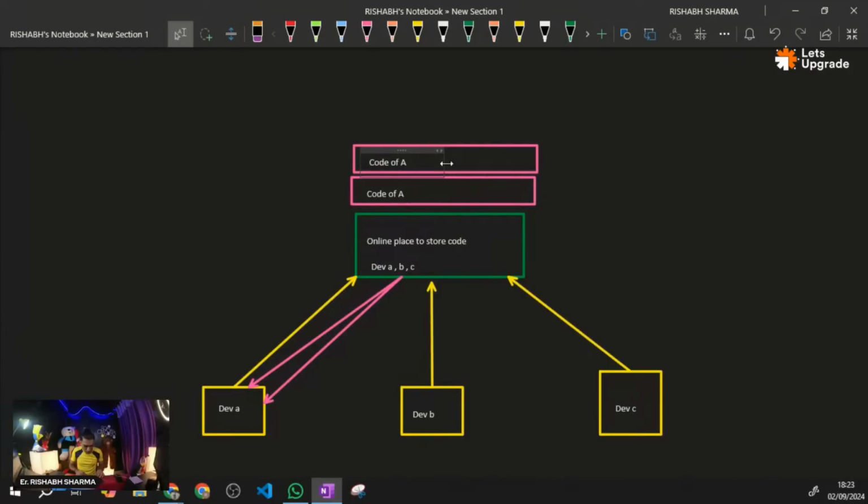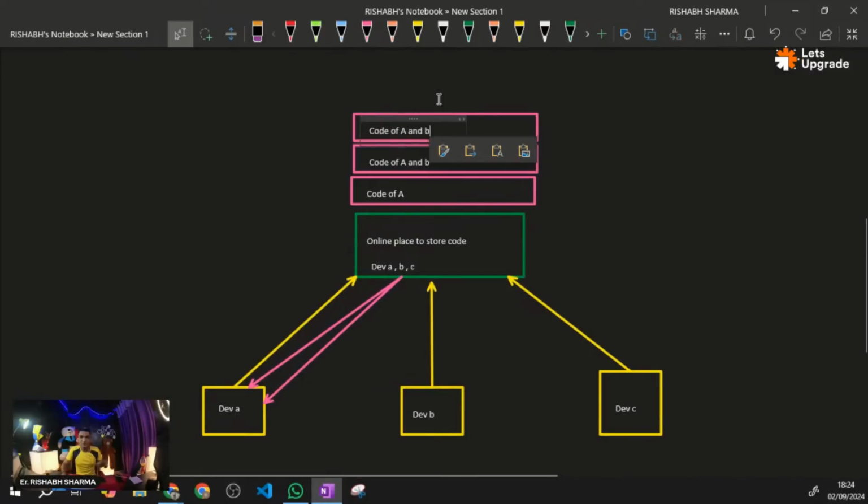So again, the code of A and B. Perfect, right? Now suppose developer C has also pushed, so now we have A, B, and C. Now try to understand.